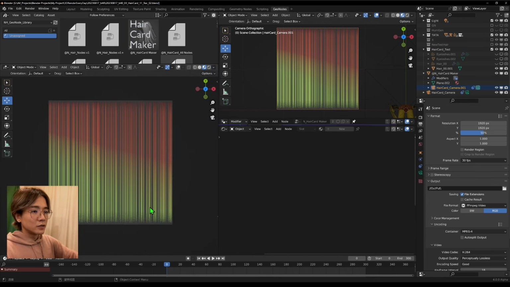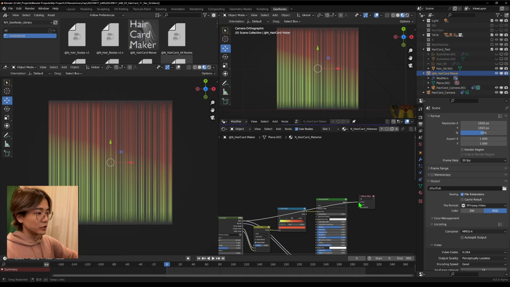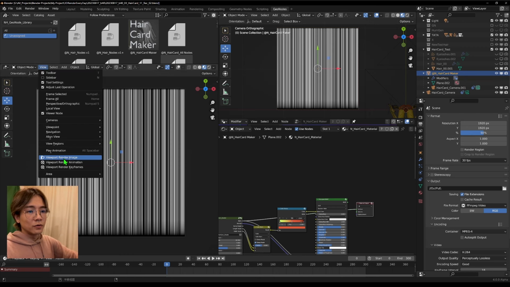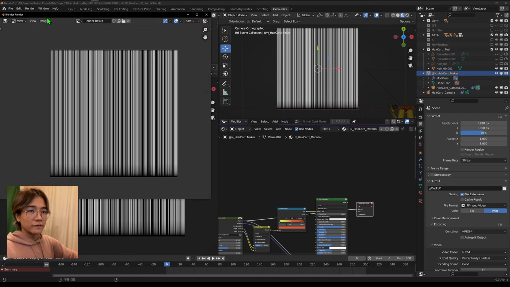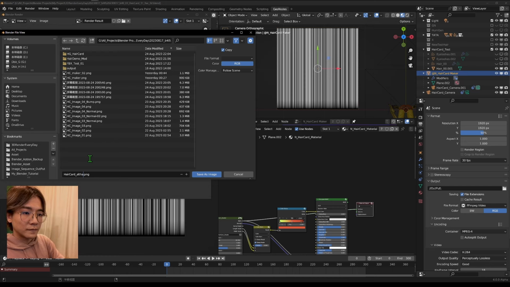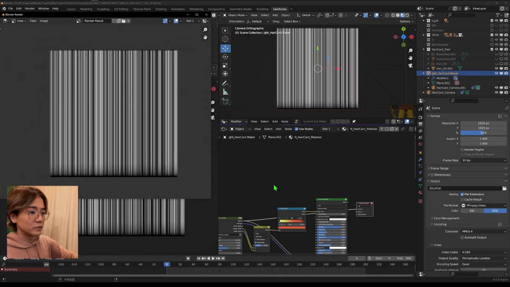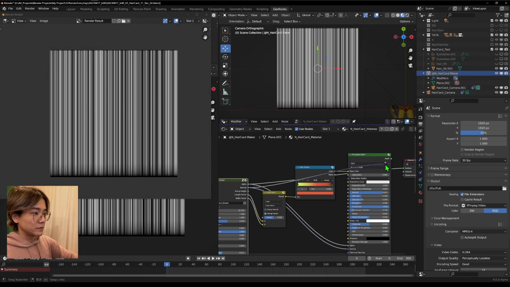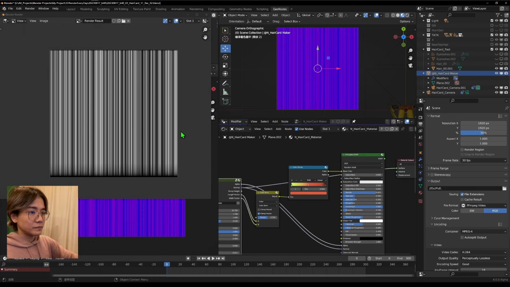Now in the material that we have, let's just bring this to the shader. So now we have this that is used for our alpha, right? So you just click render viewport image and just save this image, save as alpha. Just save this, save as image. And also you can take this normal and